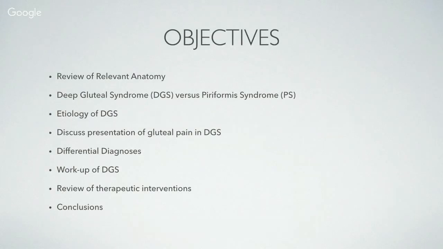Some of the objectives for the talk: I'm going to go over the anatomy of the subgluteal space. We're going to go over some of the deep gluteal syndrome components versus Piriformis syndrome and compare the two. We'll talk about etiologies for deep gluteal syndrome, and typical patient presentation. We'll go over differential diagnoses you should think about when a patient comes to you with gluteal pain, and review therapeutic interventions, minimally invasive procedures, and touch on some of the surgery as well. Then I will leave you with a typical plan of care